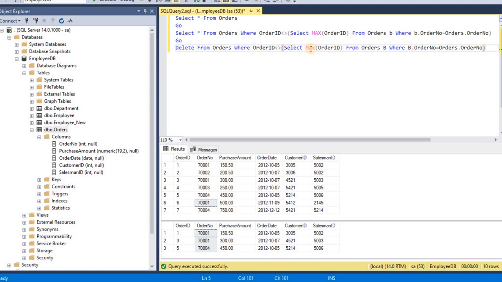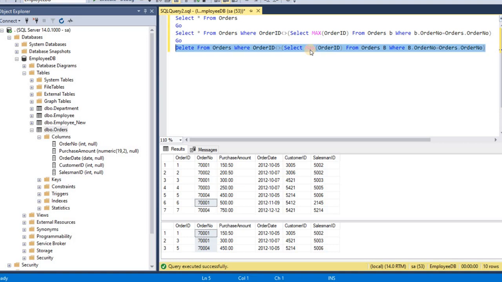So I am writing max here. If you want to leave the last duplicate record, then write max, and if you want to leave the first duplicate record, then you can write min here. Okay, so I am writing max here.